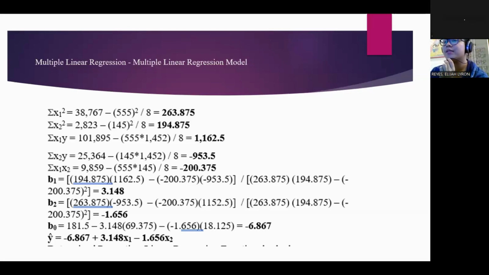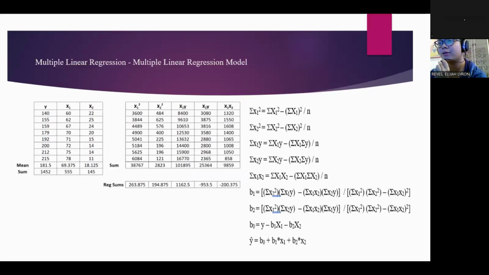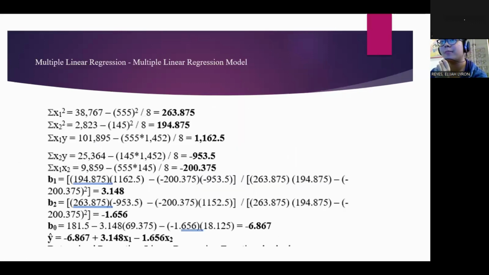b2, which gives us negative 1.656. And b sub 0, which is negative 6.867. So we have the solution here on the other side, which is the regular sums, which has all the values from summation of x1 squared all over to summation of x1, x2, which would then give us the last values of b1, b2, b sub 0, and the final solution, which is